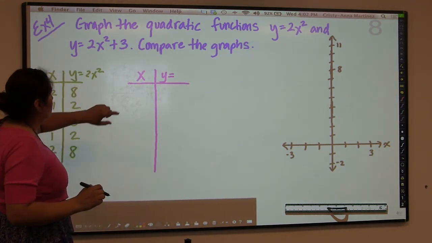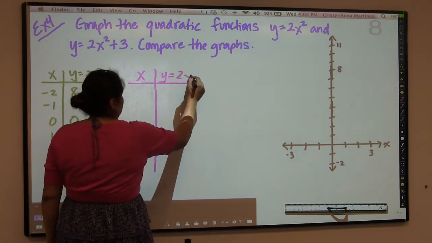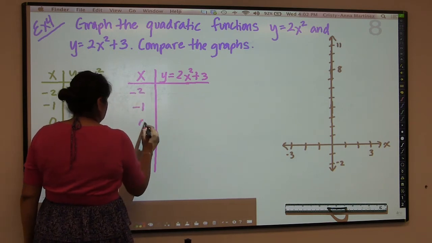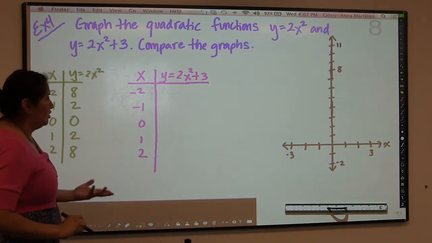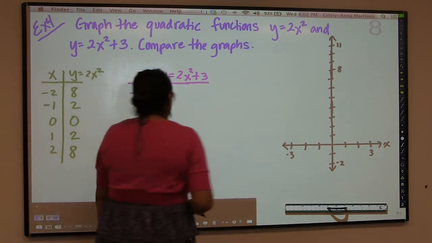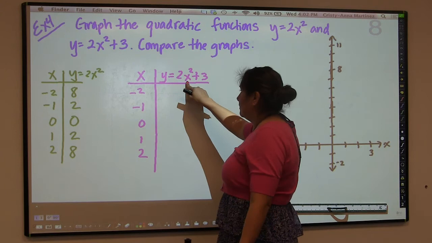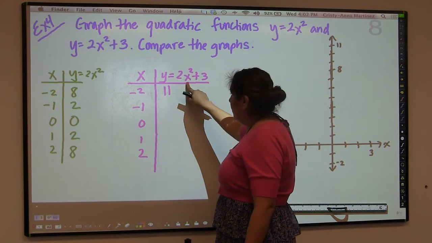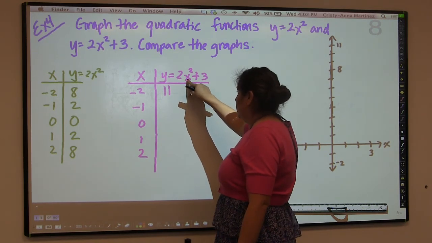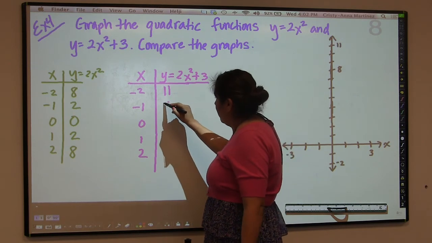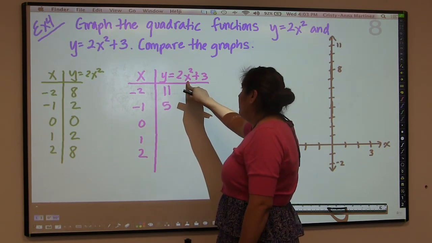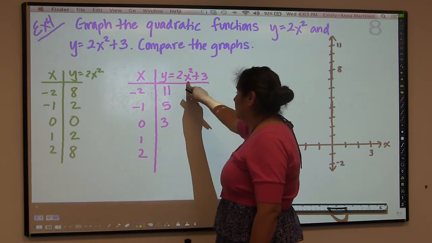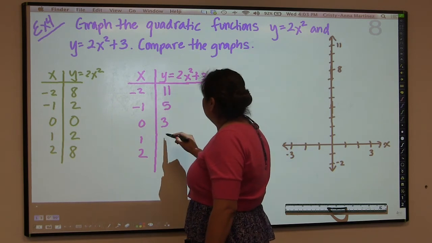or we're going to plot y equals 2x squared plus 3. Okay? So it's a different equation. We're still going to have the same x values, but this time we're going to get 2x squared plus 3. So when I plug in negative 2 times negative 2, I get positive 4. 4 times 2 is 8, and 8 plus 3 is 11. Plug in negative 1, I get negative 1 times negative 1 is positive 1, times 2 is 2. 2 plus 3 is 5. 0 times 0 is 0, and then 0 times 2 is still 0, and 0 plus 3 is 3. 1 times 1 is 1, 1 times 2 is 2, 2 plus 3 is 5, and again you can see